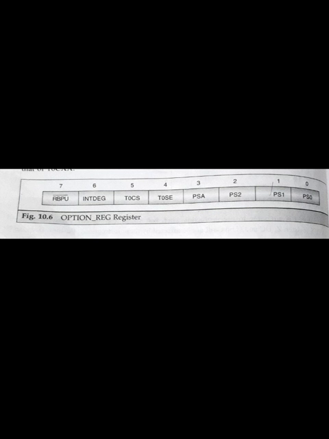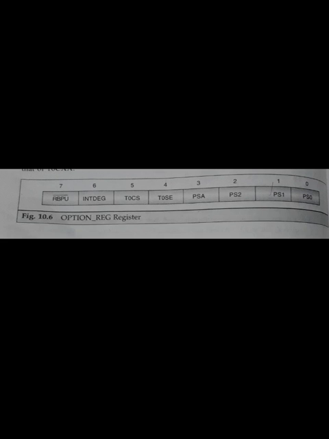After that, the PSA prescaler assignment bit is the most important bit. This bit assigns the prescaler either to timer 0 or to the watchdog timer. By making this bit 1 we are assigning the prescaler circuit to the WDT.